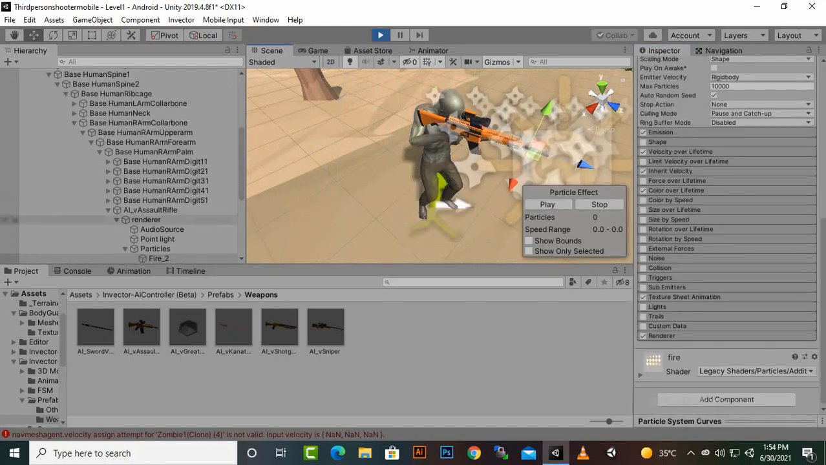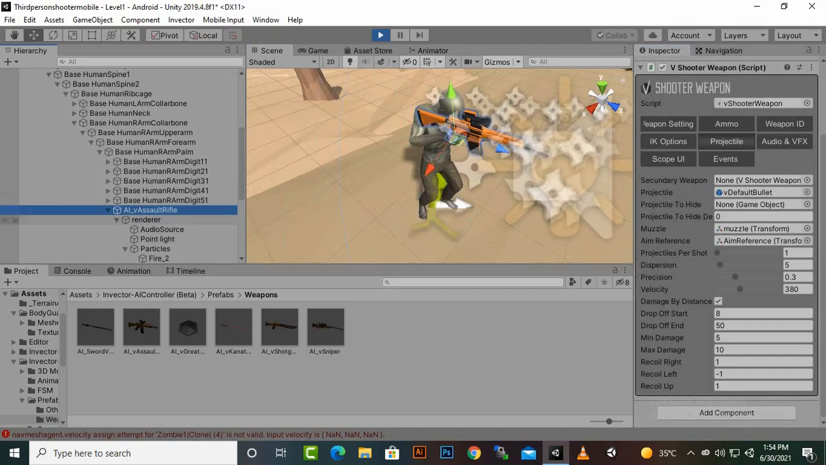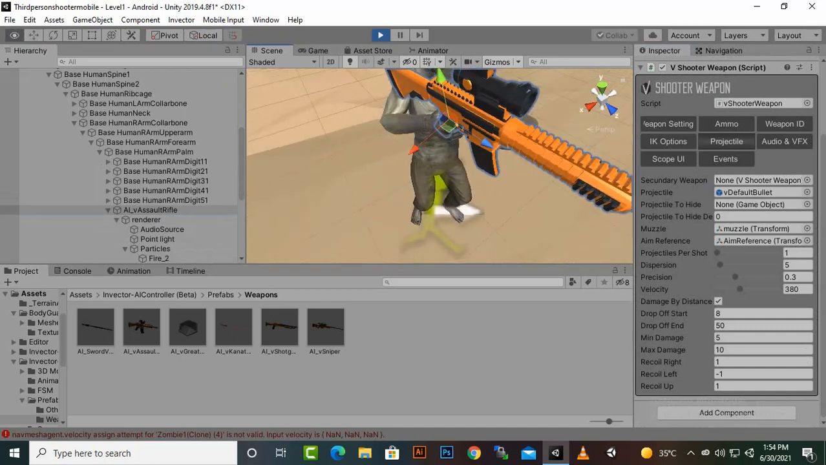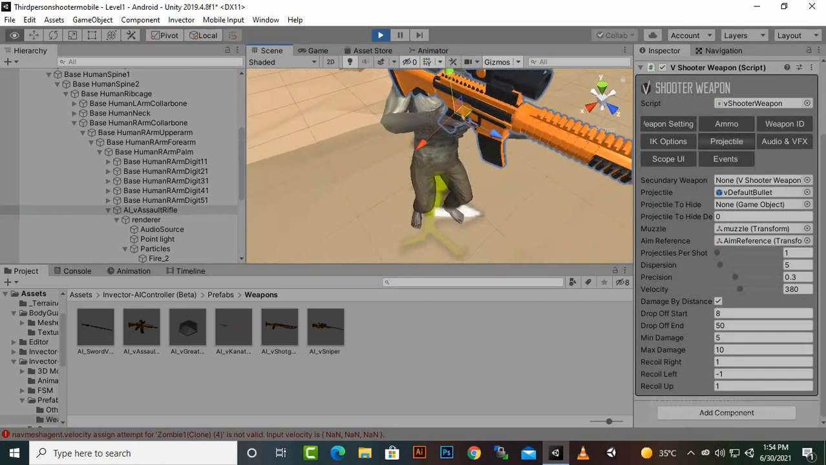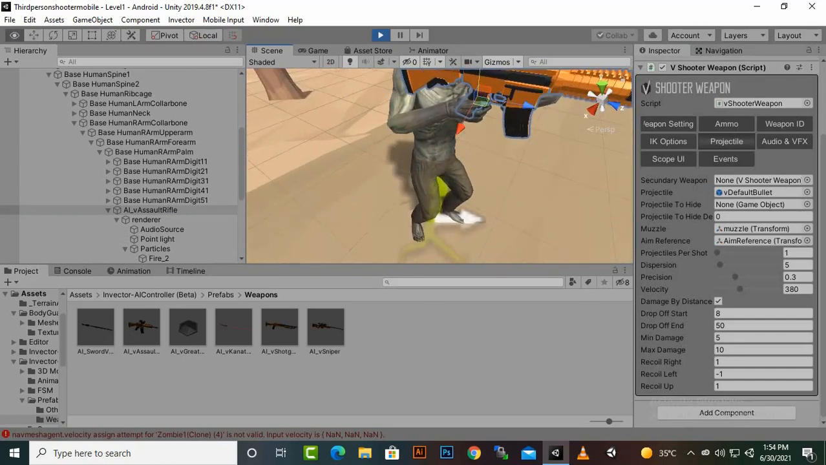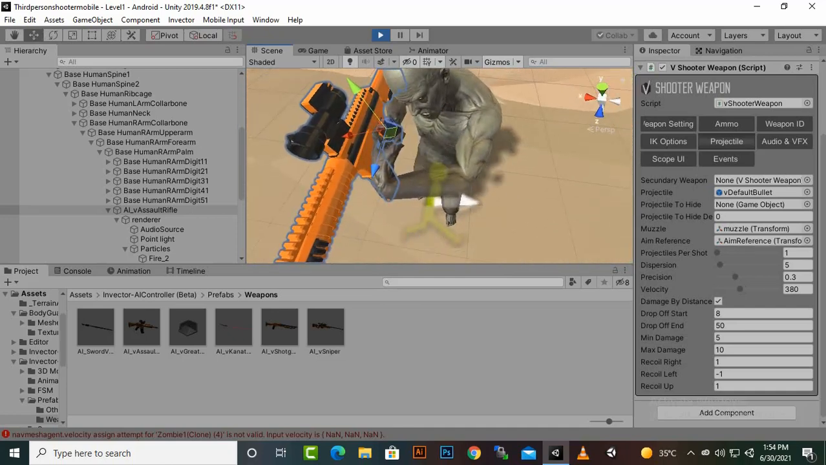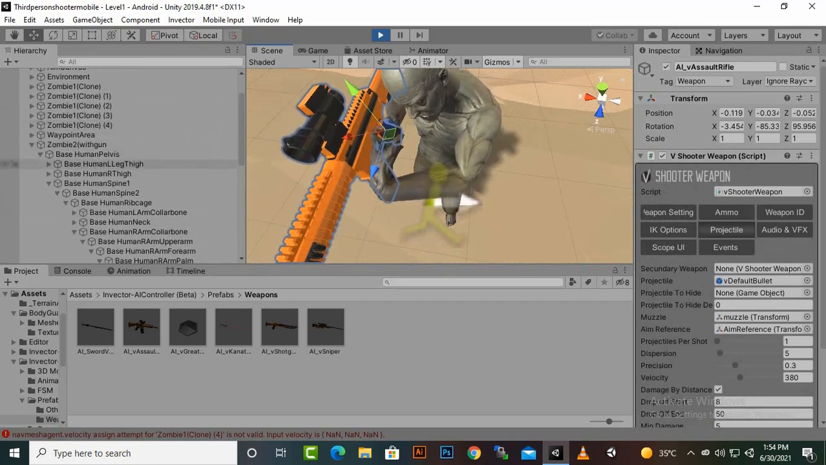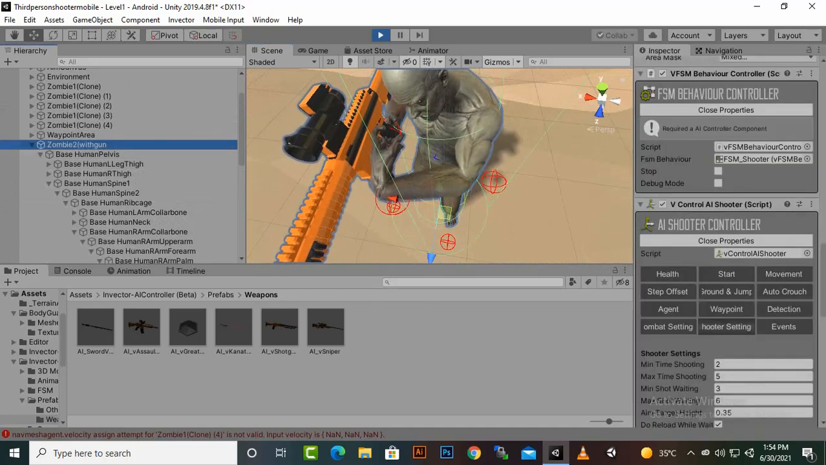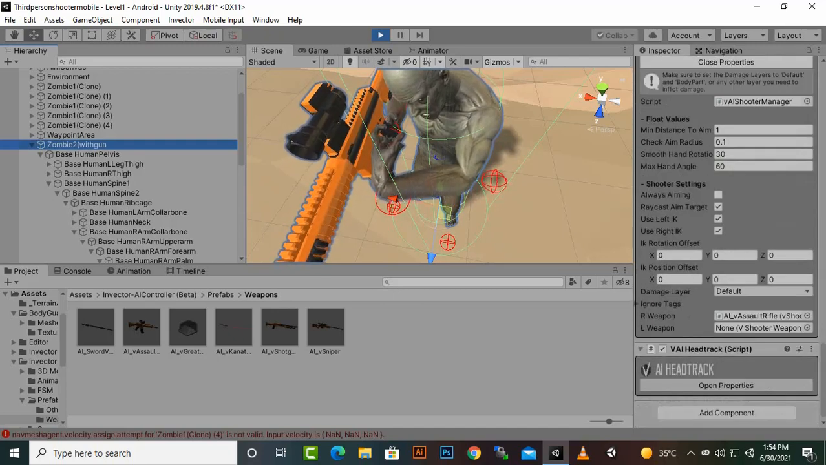So select the weapon. Here you can see the assault rifle, and we can directly change the position of the weapon actually. Okay, also we can adjust the IK. So let's keep this position as it is, and we will change the IK. So let's move further, and here inside the zombie shooter, we will move to the IK option, which will be in shooter manager, and here it is,